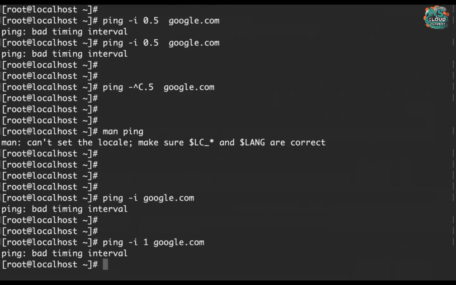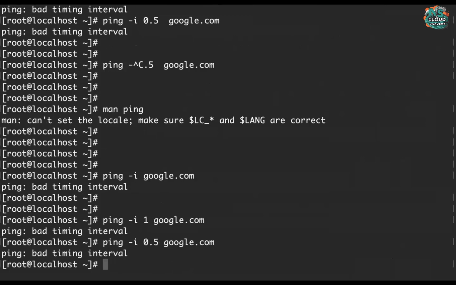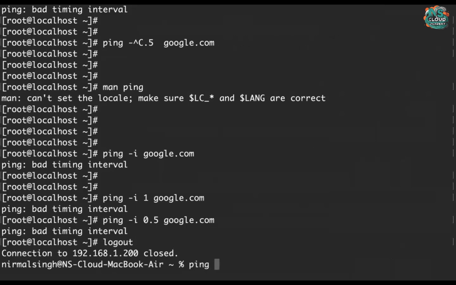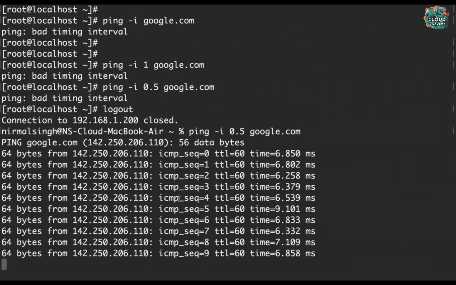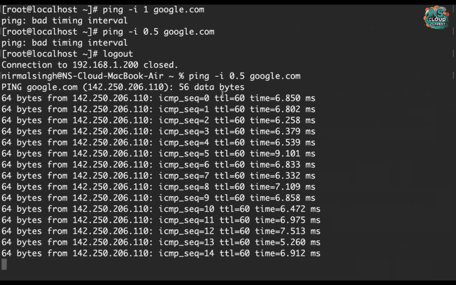One bad timing interval. 0.5. Okay, let me do one thing. Let me run the same command, ping -i 0.5. See, the same command is working on the MacBook, but it's not working on Red